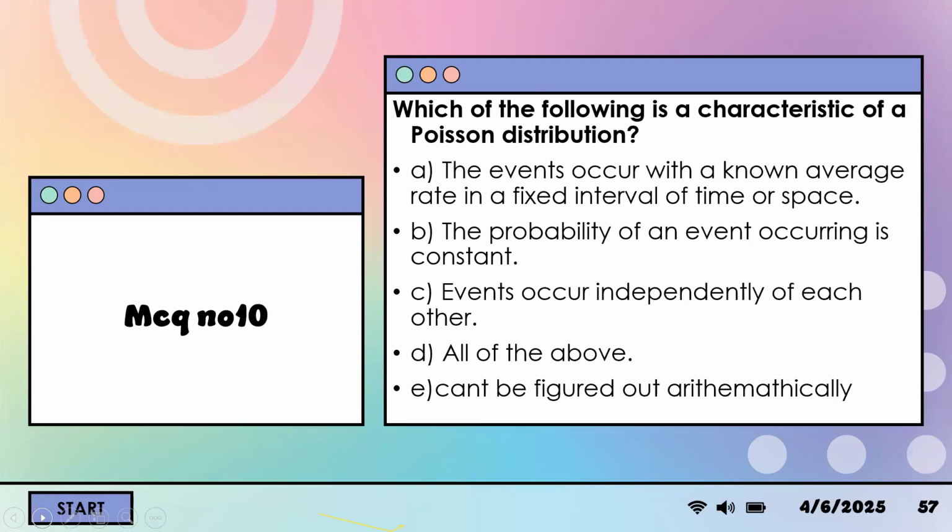MCQ number 10, which of the following is a characteristic of the Poisson distribution? The events occur with a known average rate in a